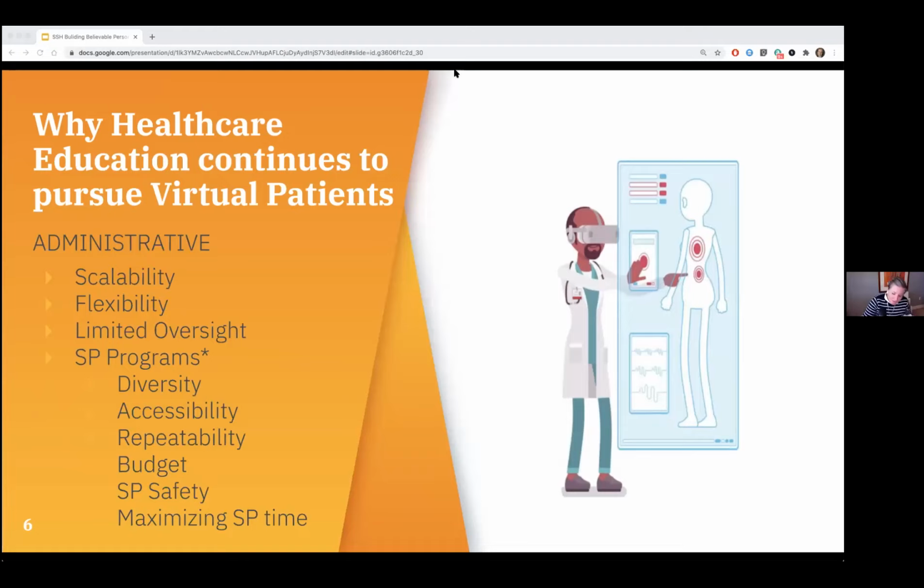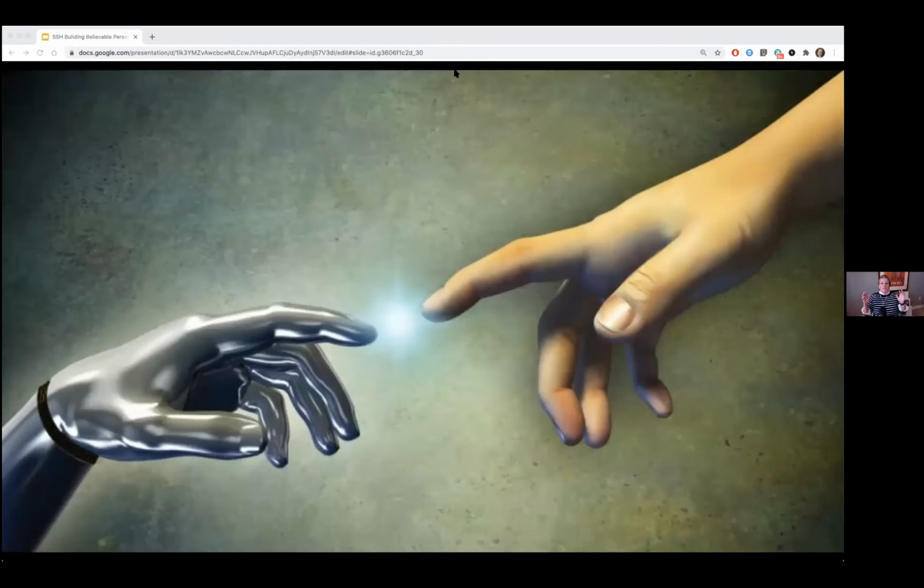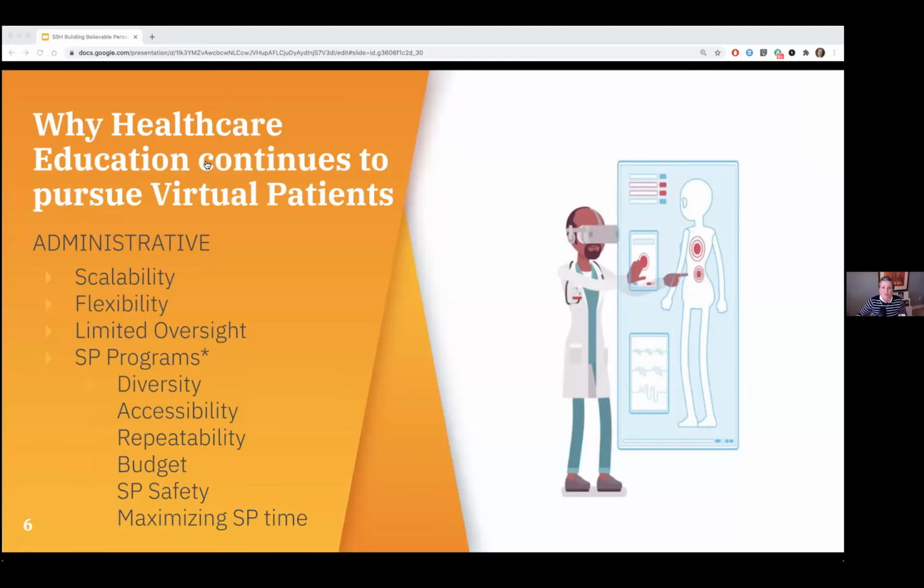So just to recap, in 2009, there was an article published titled Virtual Patients Come of Age. Within that article, it highlighted why virtual patients were increasingly forming a part of the medical education mainstream. The reasons behind the use of virtual patients are as true today as they were over 10 years ago when that article was published, and perhaps even more so today with education going contactless amidst this global pandemic.